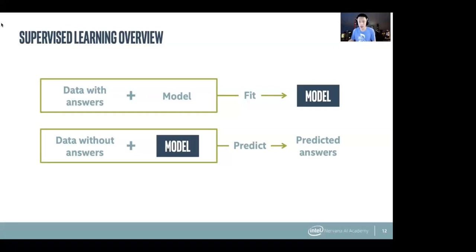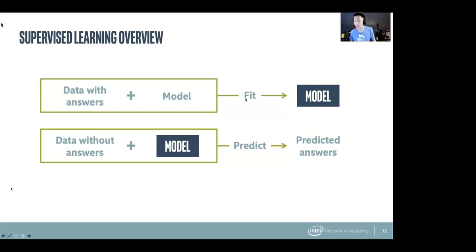So we're trying to suss out what exactly is the model behind this process of a person eating right, exercising, or smoking, and then that connection with diabetes. And we learn this using machine learning. So if we have a bunch of data, examples of people with their behaviors, whether they smoke, whether they eat, whether they exercise, and then the answer, which is whether they actually have diabetes or not, and you give it to a model, and you call this fit.